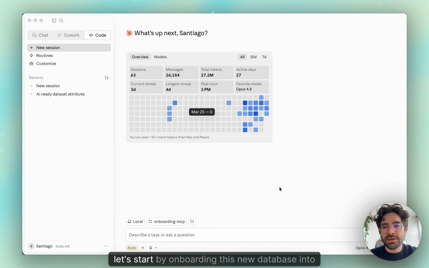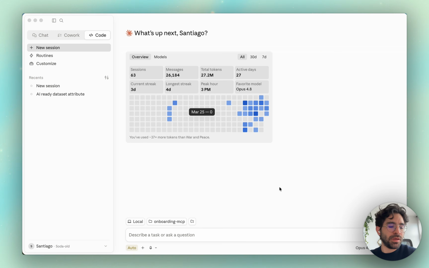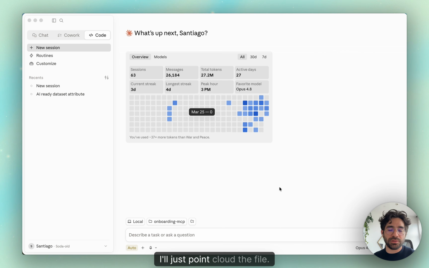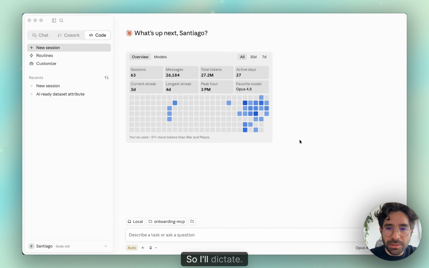Okay, let's start by onboarding this new database into Soda. I'll use Claude Code together with the Soda MCP. The connection details of the data source are in a file, and the password is stored as a secret, so nothing sensitive is gonna show up here or go through the chat. I'll just point Claude to the file, so I'll dictate